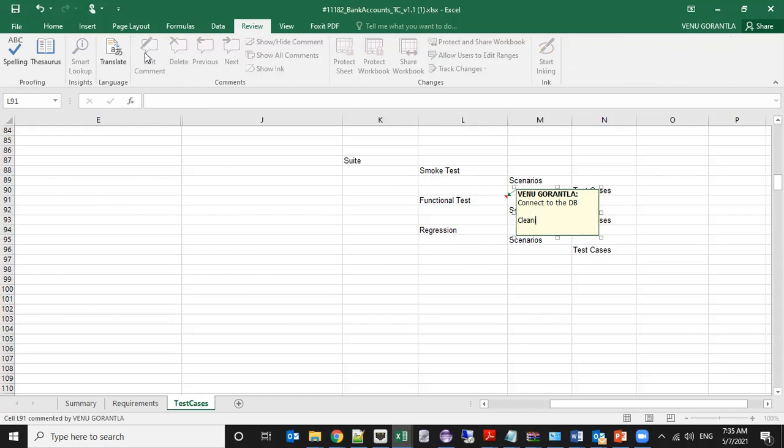After completing it, what you need to do? You need to close the DB. I have to close the DB after finishing my scripting or execution part. Initially, you are opening it.